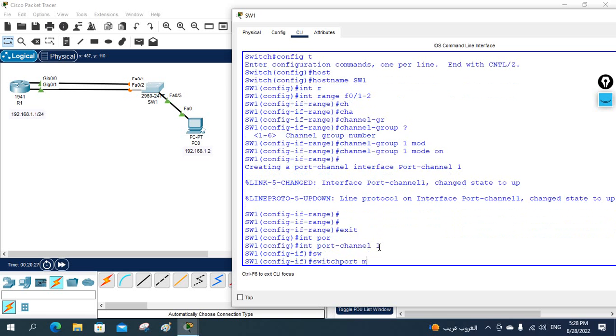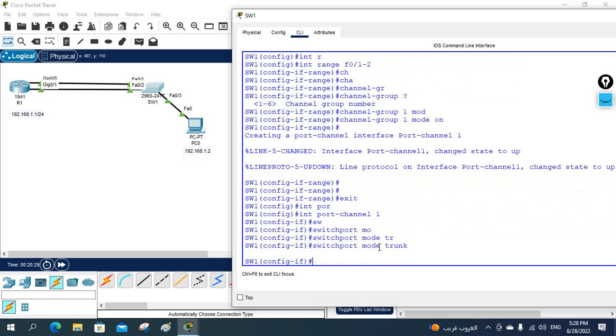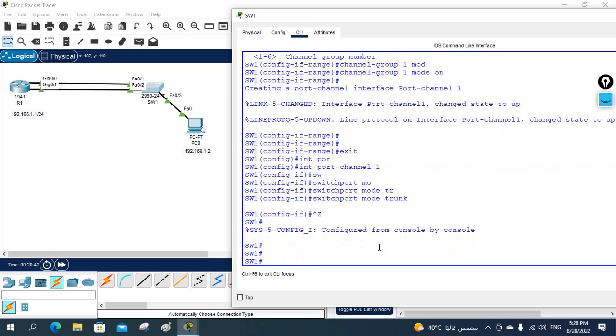Then I will write here switchport mode trunk. If I want to make that interface a trunk, then I will do it this way. Later we will do router on a stick and many other things, so we will make that a trunk. But if you don't want to, it is your wish. Okay, I make that one a trunk. Now if you want to check, show interface trunk,